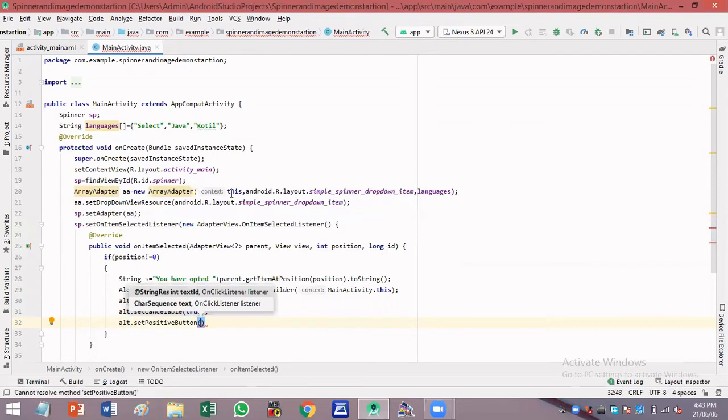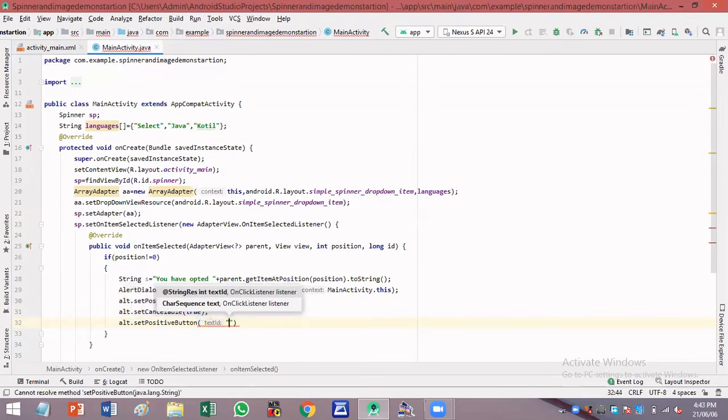So what are the options that the alert dialog box should show? I want only one option, that is the OK option. Just the user has to click on OK to disable that alert dialog box, or to completely remove that alert dialog box from the screen.